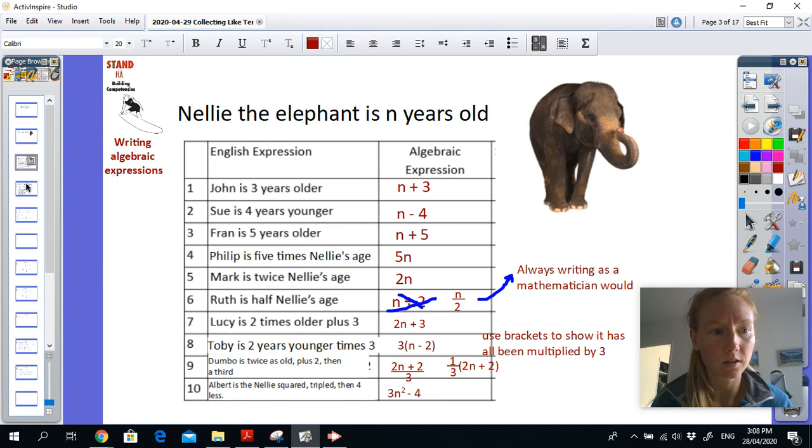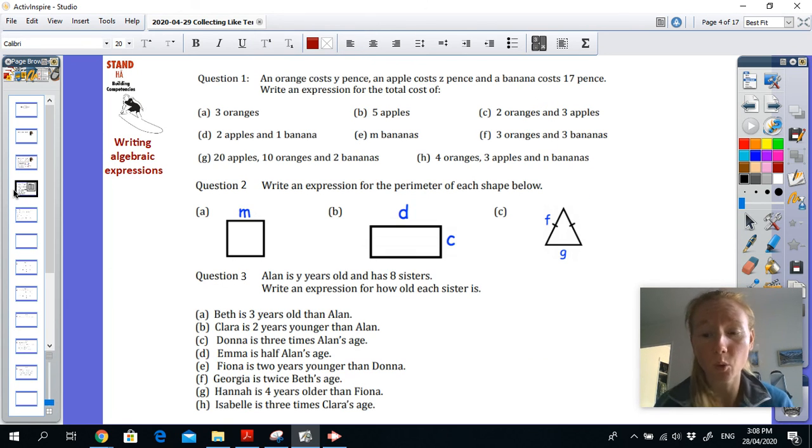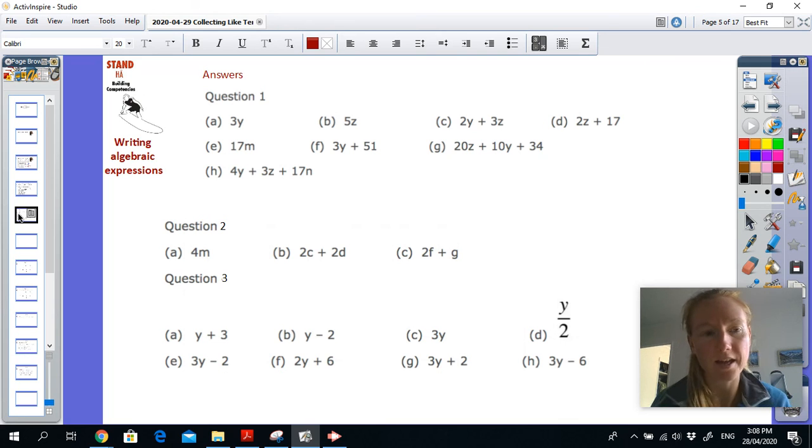Okay. So now on this slide, I want you to pause the video here, and I want you to have a go at writing these expressions and then come back so that you can collect the answers, please. Okay, hopefully you're back for the answers. Your answers are there, so you can mark those off, take your photo, and send